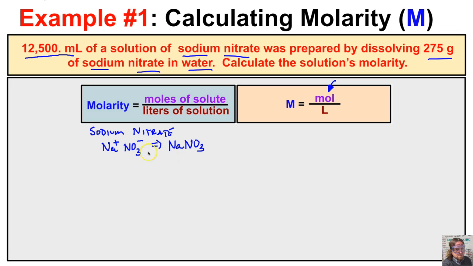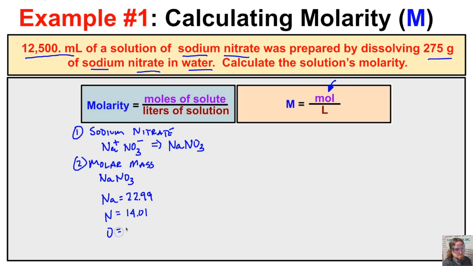And so now what we have to do is figure out the molar mass of NaNO3 using our periodic table of elements. If we break this down, we see that this compound is made up of sodium, nitrogen, and oxygen. On our periodic table, the molar mass of sodium is 22.99, nitrogen is 14.01,